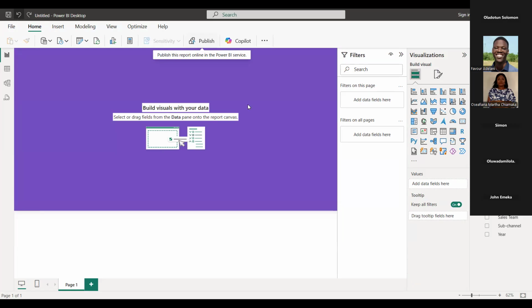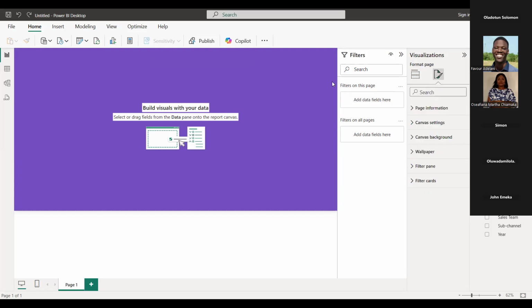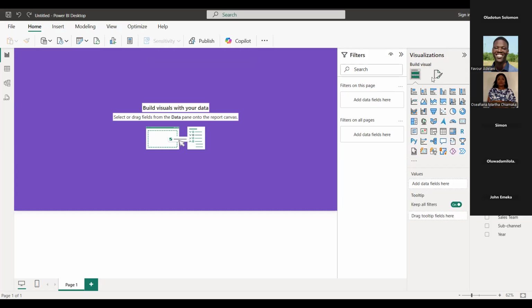Oh, okay. John Emeka is asking if there is a standard size or a best practice size of canvas. Now, John, what I'd like to say about canvas sizes is that by default, whenever you come to Power BI, your default canvas ratio is always 16:9. In fact, most times, a lot of people don't bother to change the ratio size. So let me just give you a few tips that can help you when it comes to canvas size.